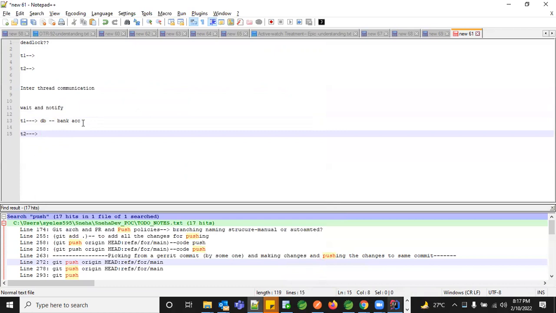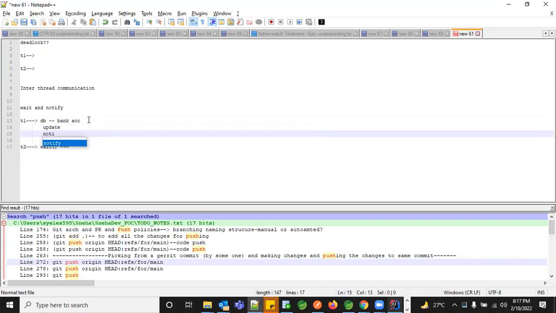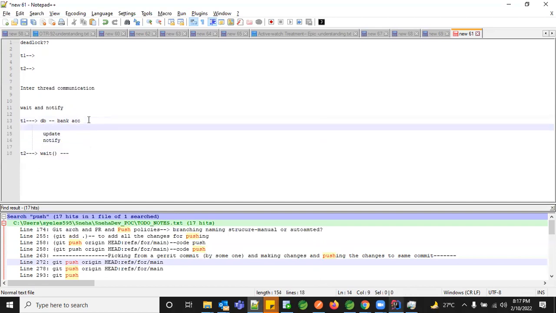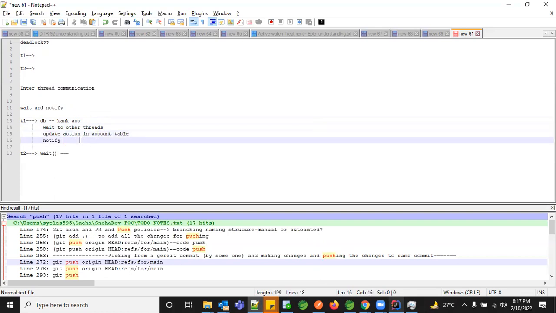T1 will tell T2 to wait for some time until I notify. So it will give a wait action on the T2 thread. Once it completes the update activity, it notifies the other threads to use the resource.